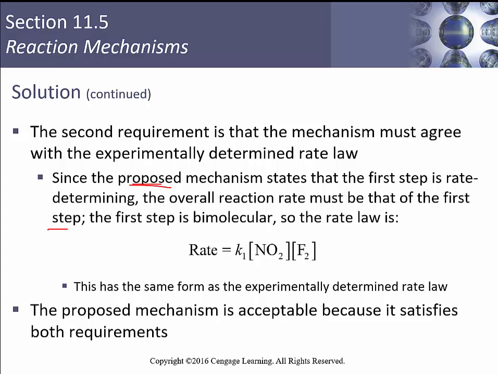The first step is bimolecular, so our rate law is going to be k1 times the concentration of NO2 to the first power and F2 to the first power. This has the same form as the experimentally determined rate law. And so this proposed mechanism is acceptable because it satisfies both requirements. So it's bimolecular, an NO2 and an F2 come together, our overall